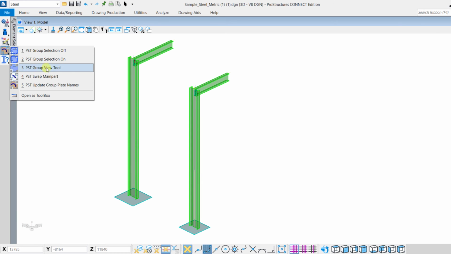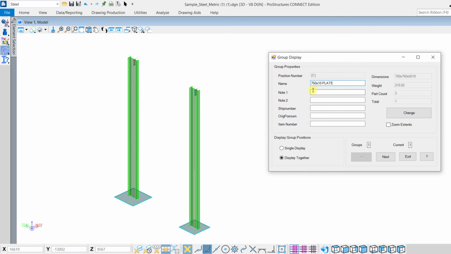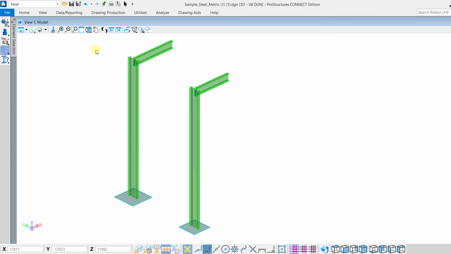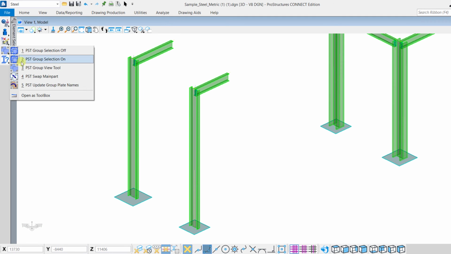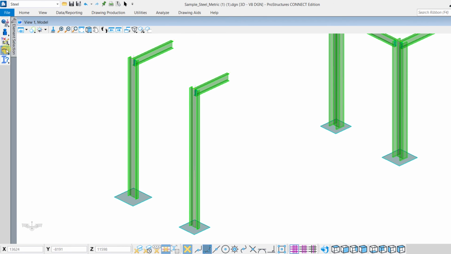When you display this group with the help of Group View tool, you will observe that the group properties show the old name of the plate. So, to update the new names of the shape, use the PST Update Group Plate Names. This will update the new names of the plates in the group display dialog.